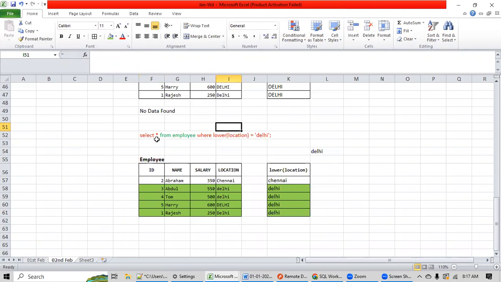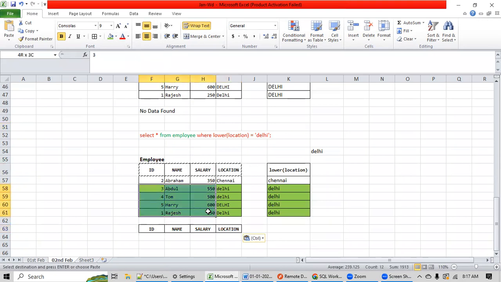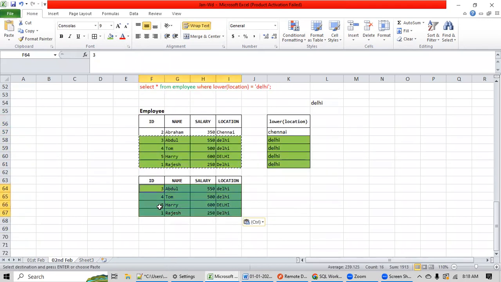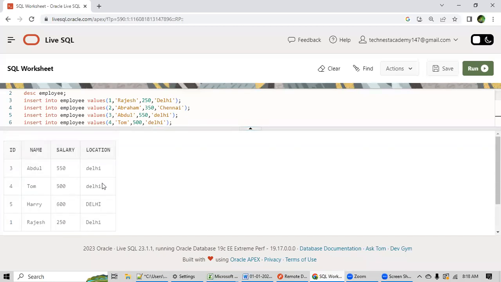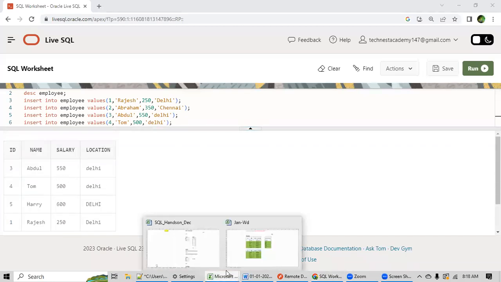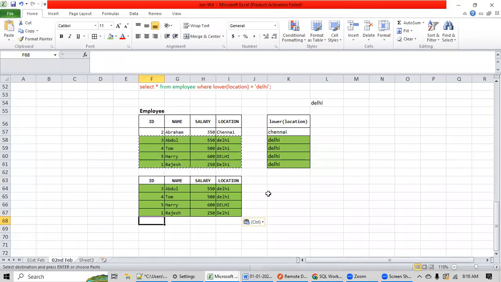So the engine will copy all the columns from here and keep them here. Then whatever records you have selected, it will display those records here. So now if you check, the SQL engine has given the same output that we derived as per the manual analysis. Hope it is clear, guys. Any question?